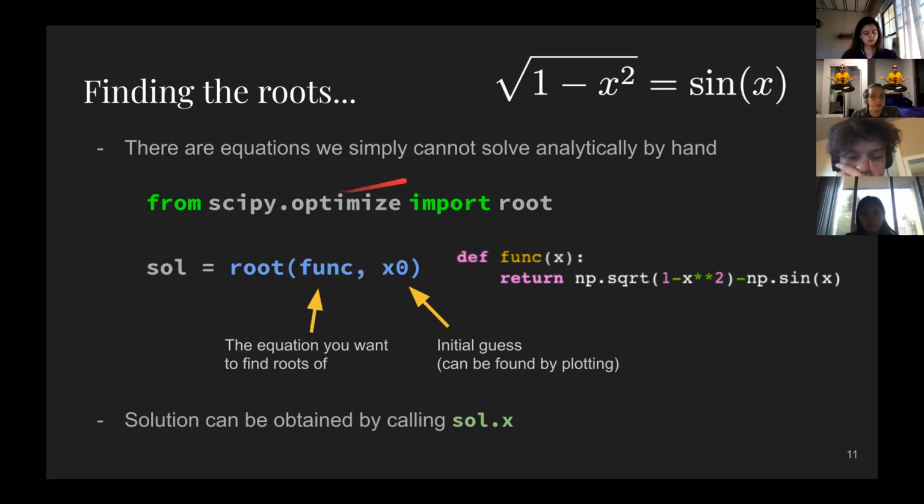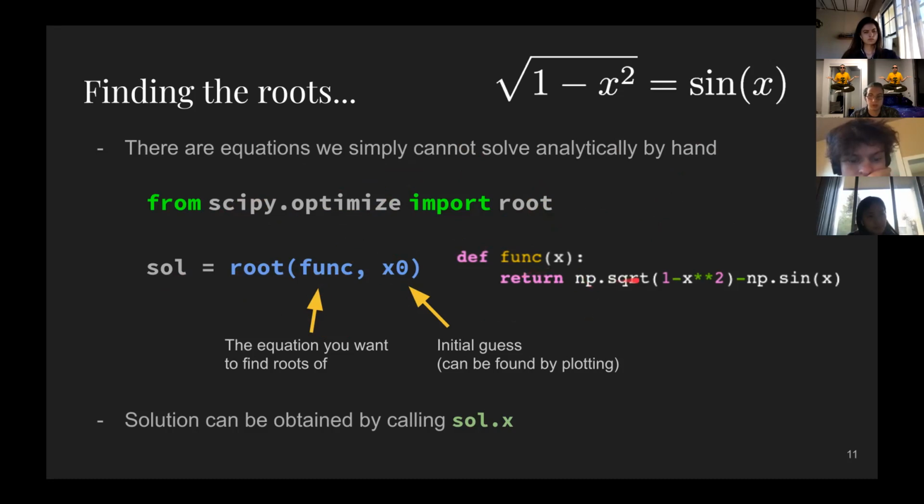So we're going to use another function from scipy.optimize. It's called the root function. Literally all this does is take in a function, whatever function you want, and an initial guess, and it spits out the root. It's super, super easy.